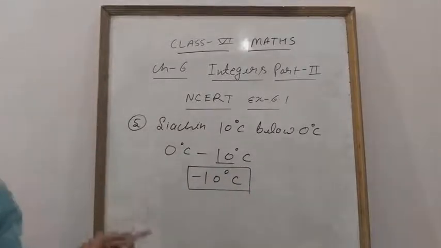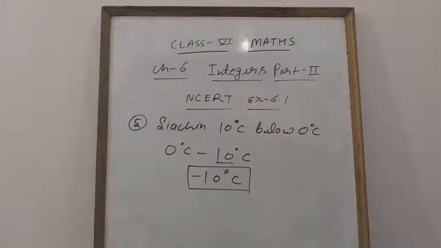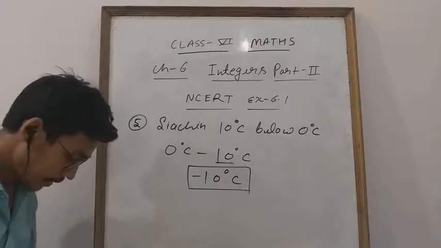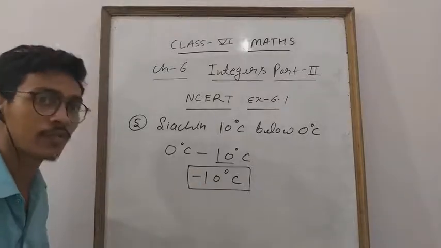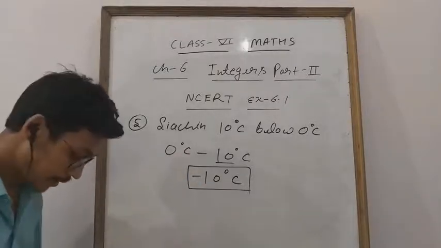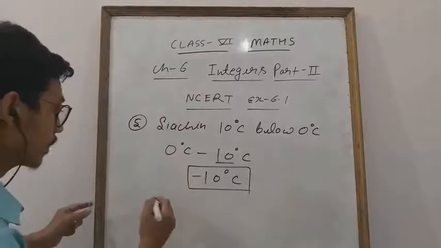Okay everyone? So create understanding, student. Math is based on understanding. Next is Shimla, also same. Below means you have to do subtraction. Below means downside. Downside means minus. Simply I explain.